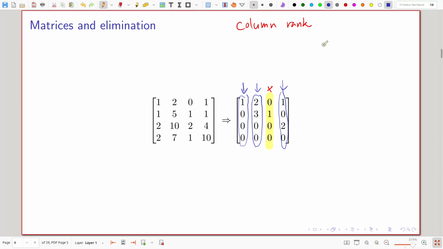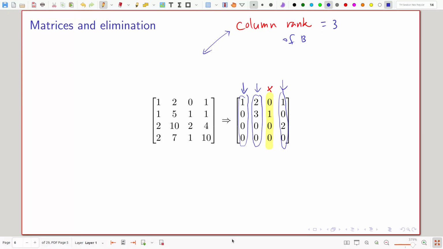Okay, so the column rank of B is 3, and you can also show that the column rank of A is also 3. Okay, and this is a fact of linear algebra that the row rank and the column rank is the same. I'm not going to prove it.